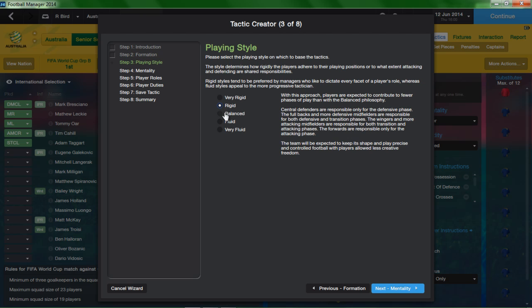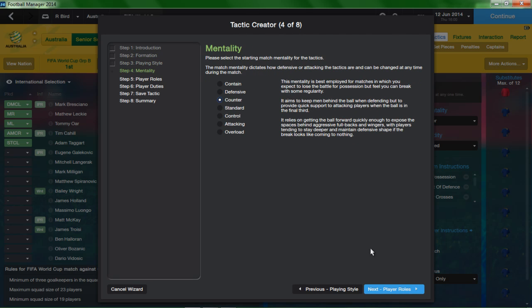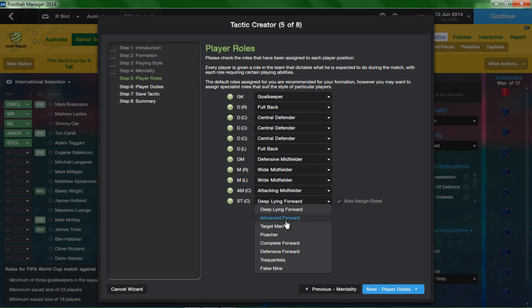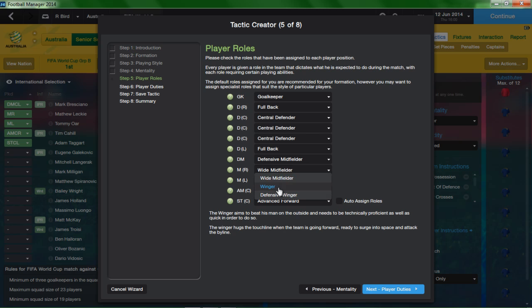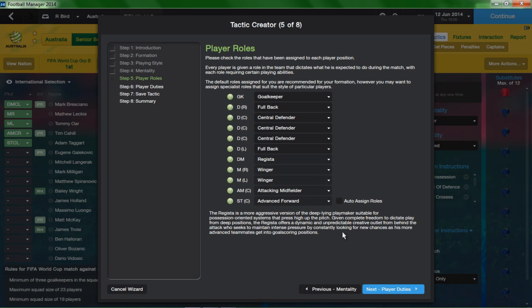This time it's a tough one to be on rigid. Actually, I'll stay on balance still. Counter. This will be an advance forward. Winger. And defensive midfielder. Let's do this ball-winning midfielder. Actually, you know what? Since I have 5 in the back, what I might do is maybe have this as a Rudrista. He's also a deep line playmaker kind of. So I'm going to use that. Hopefully Bresciano or someone.